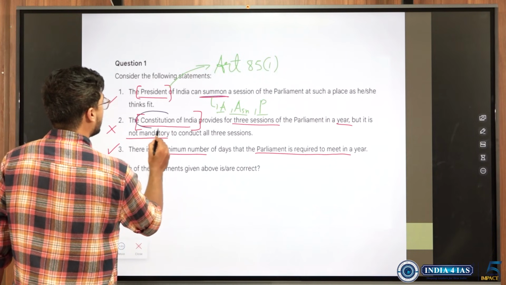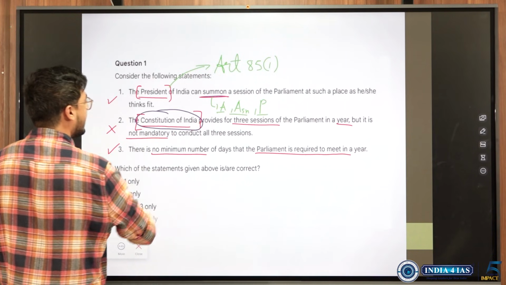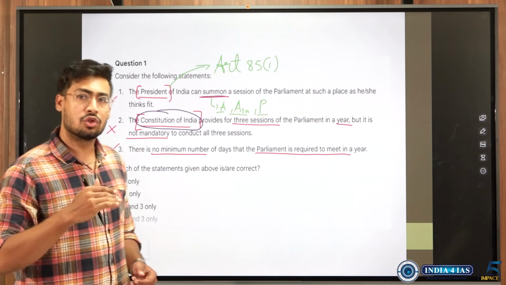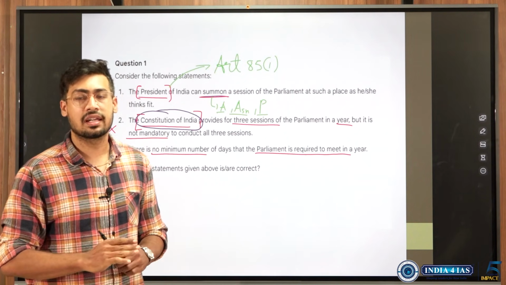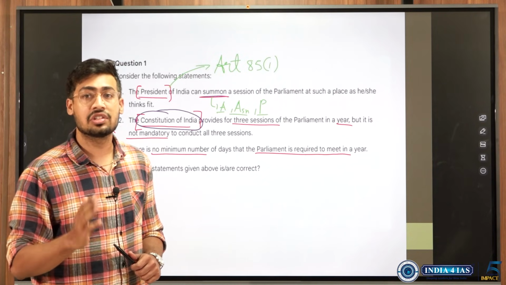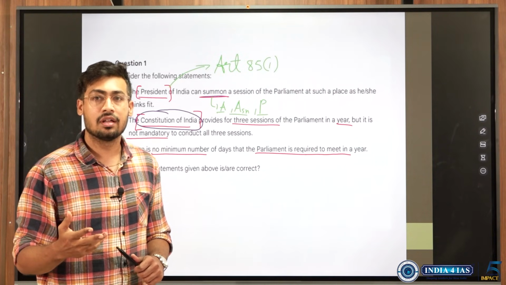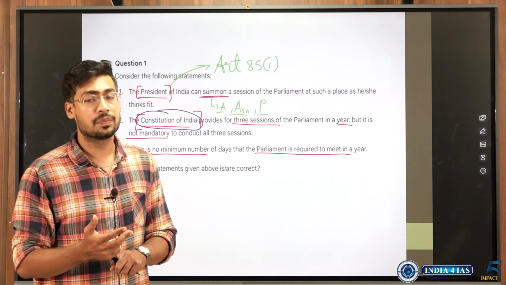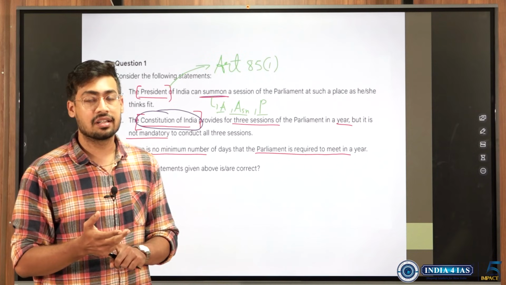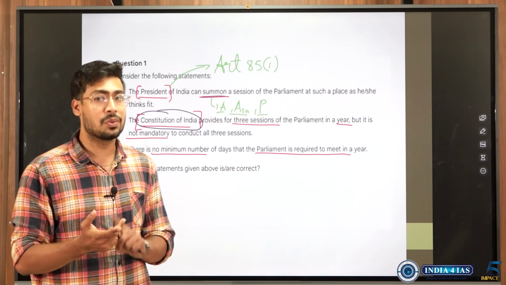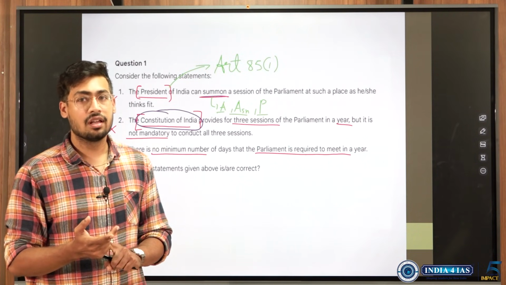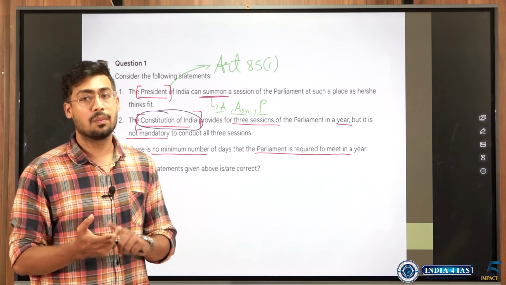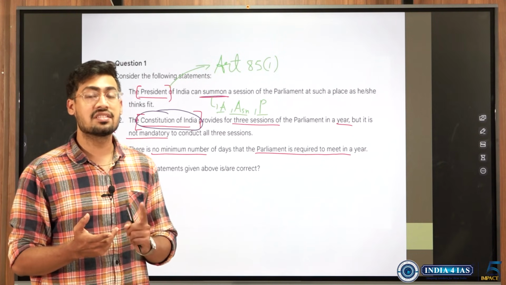Whenever a question on the Constitution of India traps comes, I'll try to highlight it in purple ink. Many times they write Constitution of India and then formulate a statement after it. What is in the Constitution and what is not in the Constitution, we need to make a very good note of it. Are the grounds for the impeachment of the President given in the Constitution, or is only the term mentioned? Are the grounds for the removal of High Court and Supreme Court judges mentioned in the Constitution? So all these things we need to know. Is the procedure for the removal of High Court and Supreme Court judges mentioned in the Constitution? No, it is mentioned in the Judges Inquiry Act.